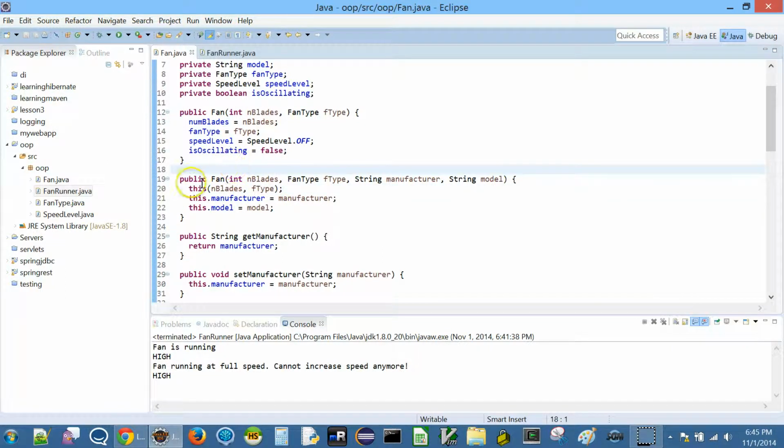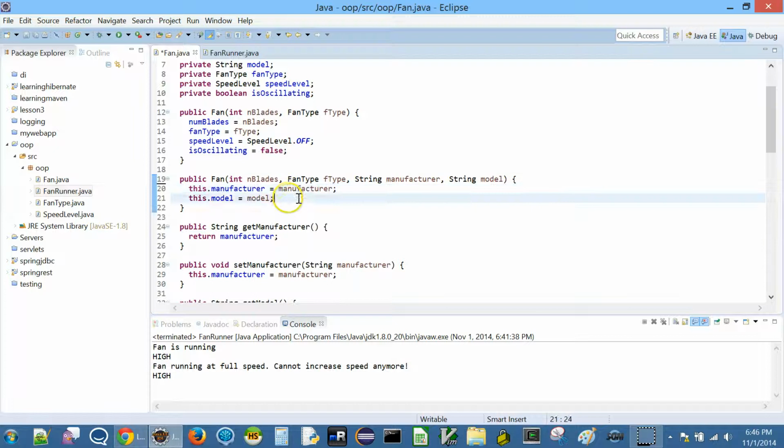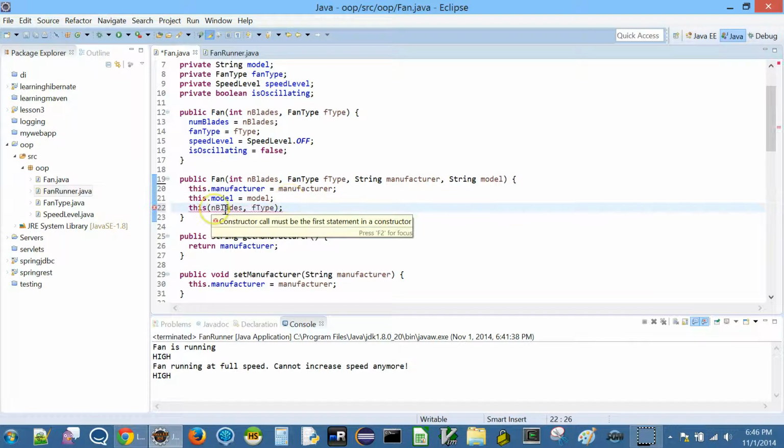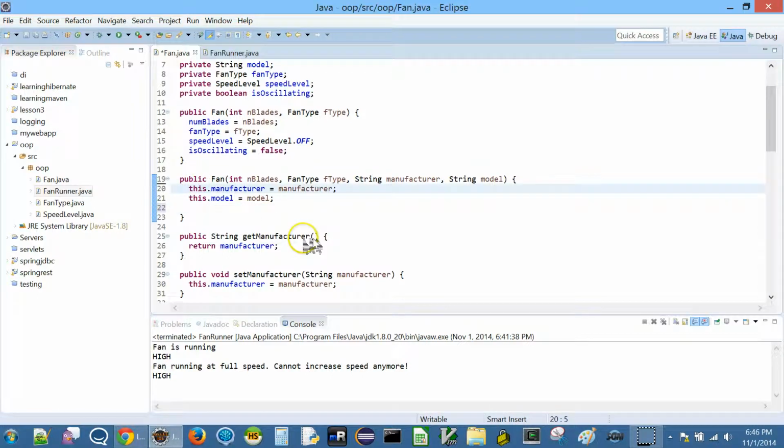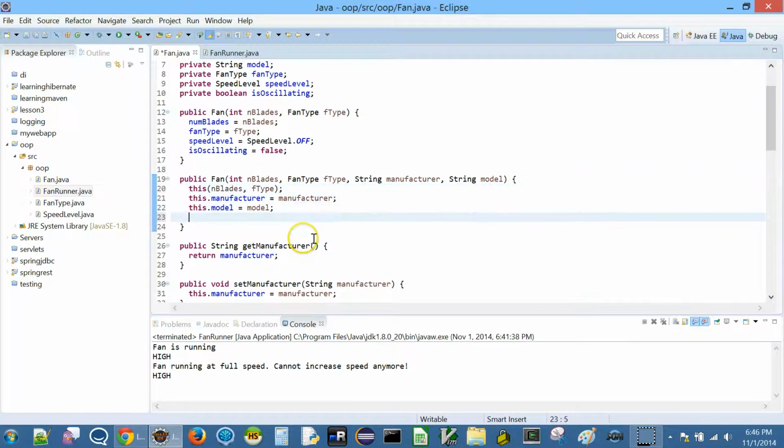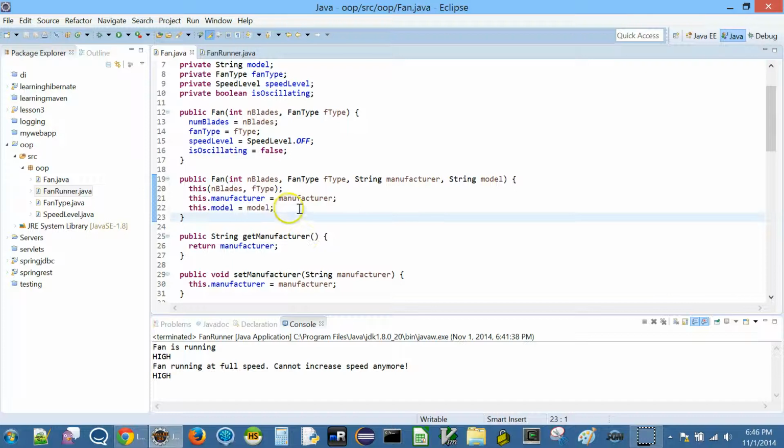It may be a bit confusing. So what happened was, initially I tried to set the manufacturer and model, but it said no, you can't do that. You first go and set the other constructor fields, whatever it is setting, and then come back and do whatever you want. Is that clear? So what I did was, initially I put this here, and Java complained, so I hovered over it, and it said constructor call must be the first statement in a constructor. This constructor call is calling the first constructor that we have, so it should be the first statement. Now this is very crucial, otherwise our code is not going to compile.